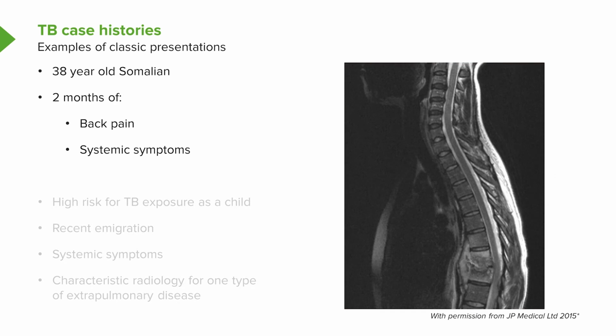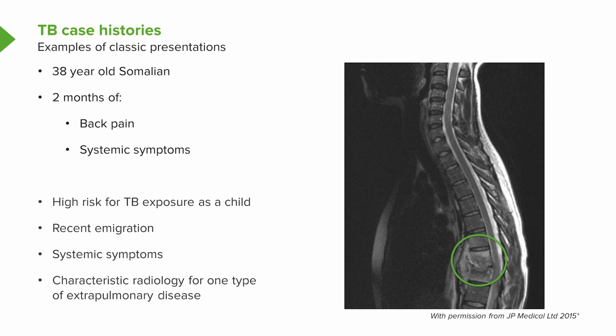This is a different presentation. There's a Somalian who has moved to London, and now is presenting with a 2 month history of back pain and again systemic symptoms of sweats, feeling not very well, a bit of weight loss. Now the back pain is the localizing symptom for where the problem is, and you can see this on this MRI scan. There's an area of high signal density occurring in the thoracic vertebra,